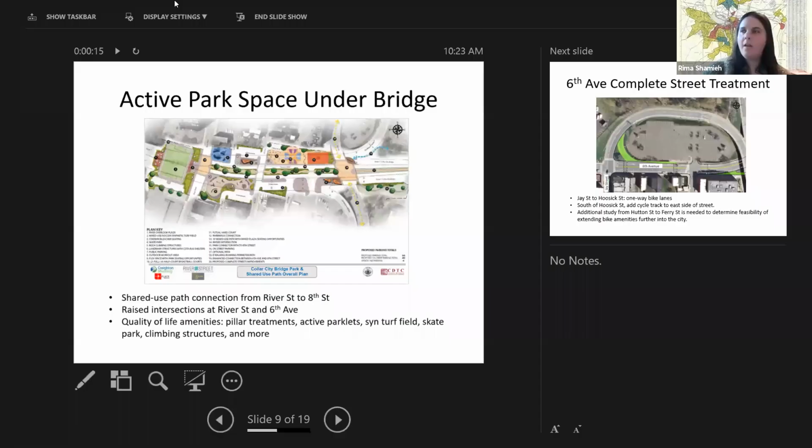This shared use path goes between the two ramps. Oh wait, am I sharing? Can you see that? Okay. This shared use path goes between the two ramps. So it gets sunlight, so you would be able to plant some vegetation there. Right now, it's just part of the street. The street's something like 45 feet in width. It's a large area to work with.